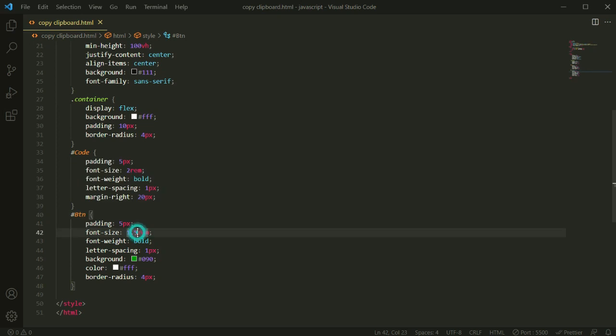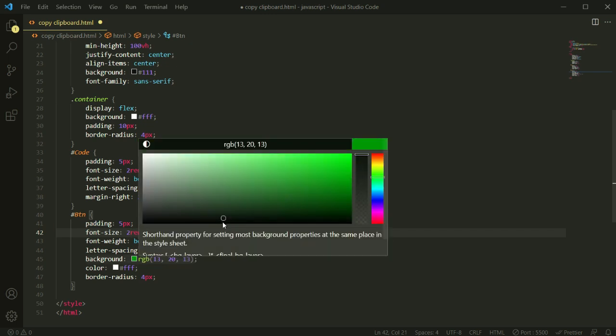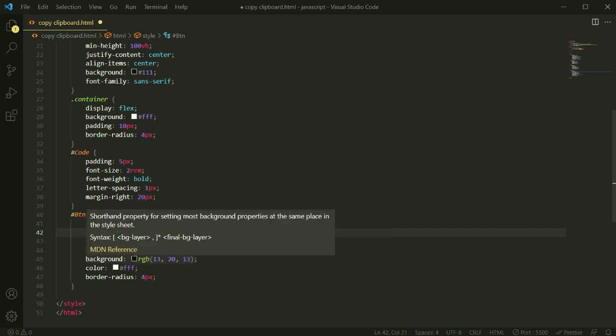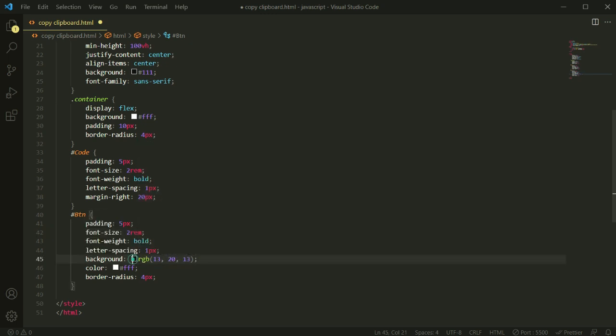Okay, so let's make it 2 rem. If we want to fix that, then we need fit content, so I don't want to use any fit content here. Oh sorry, it was a mis-click. So let me assign that value again. Okay, the button is here, and this is our code. Our styling is almost done.